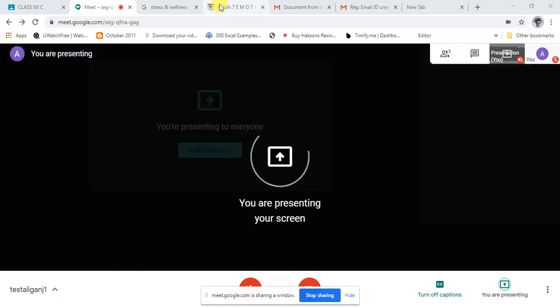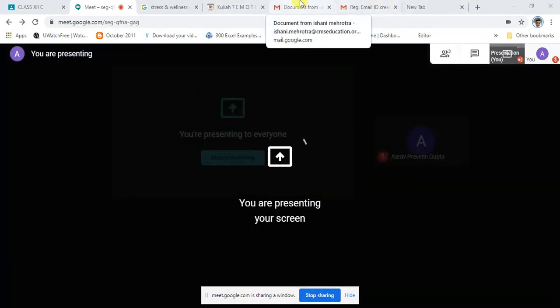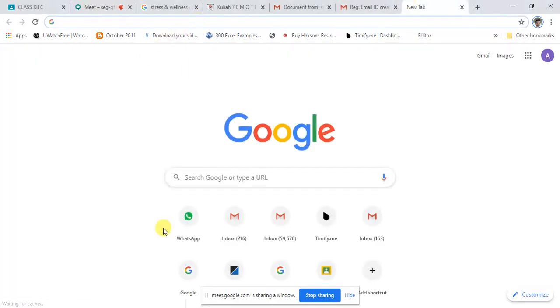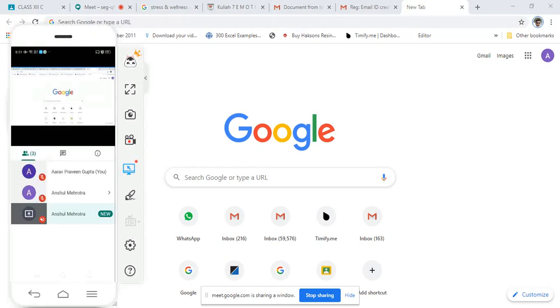I'll show you how it's visible to the student. This way it will be visible. Same thing, where the cursor is moving, everything will be visible to them.